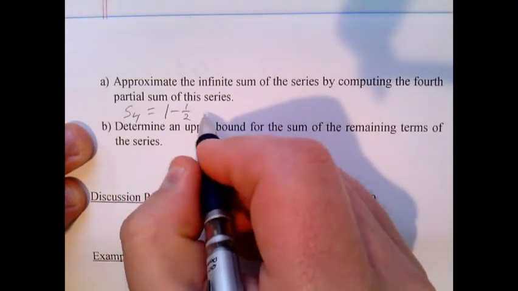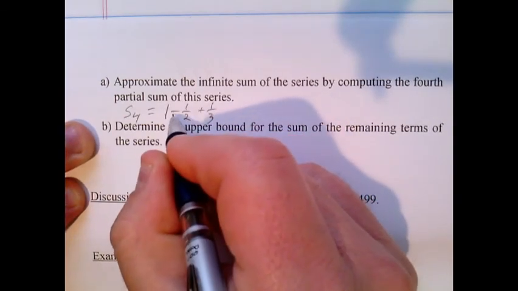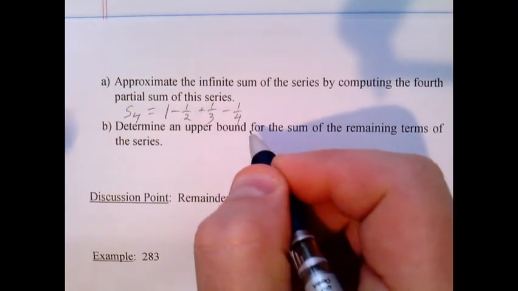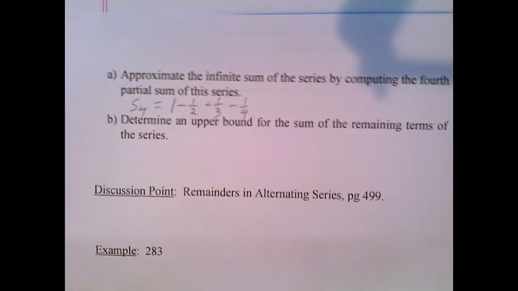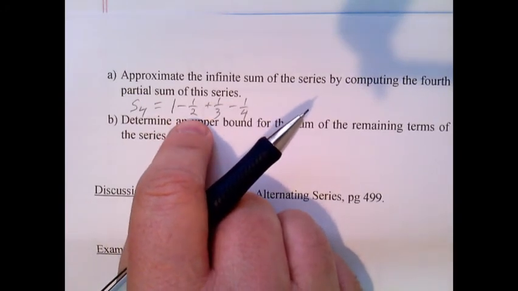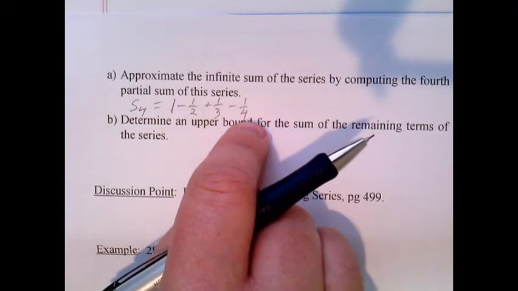We're talking about the alternating harmonic series, so it's 1 minus a half plus a third minus a fourth. So I think I could probably do that in my head even. 1 minus a half is a half, plus a third, a half plus a third is 5/6, minus a fourth,